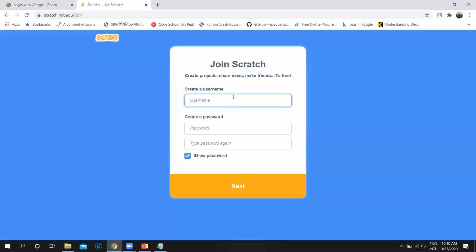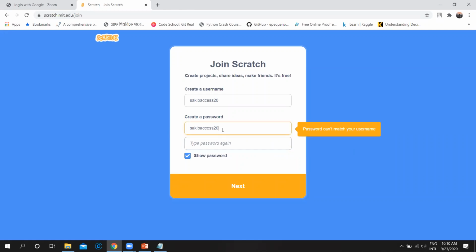Create a username. Your username should be unique, like I'm giving Sakib access 20. Then give a password. For example, my password is also Sakib access 20.